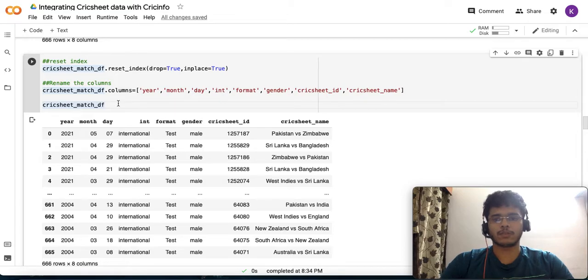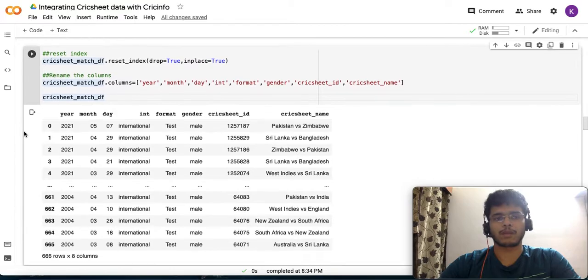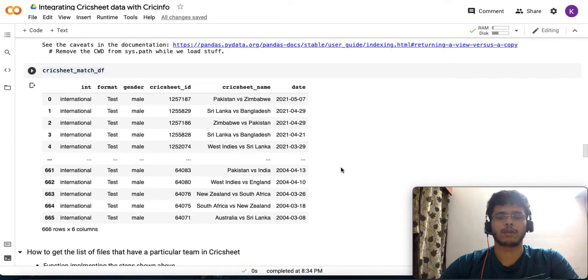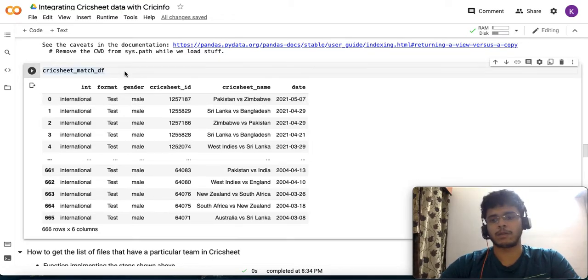In the last two videos, we stopped at this stage where we are processing the Cricksheet table into a set of games that have happened, and we're processing it into this format that gives you the clear date and the Cricksheet match ID, which also leads to the actual file name under which each of these data points have been stored.